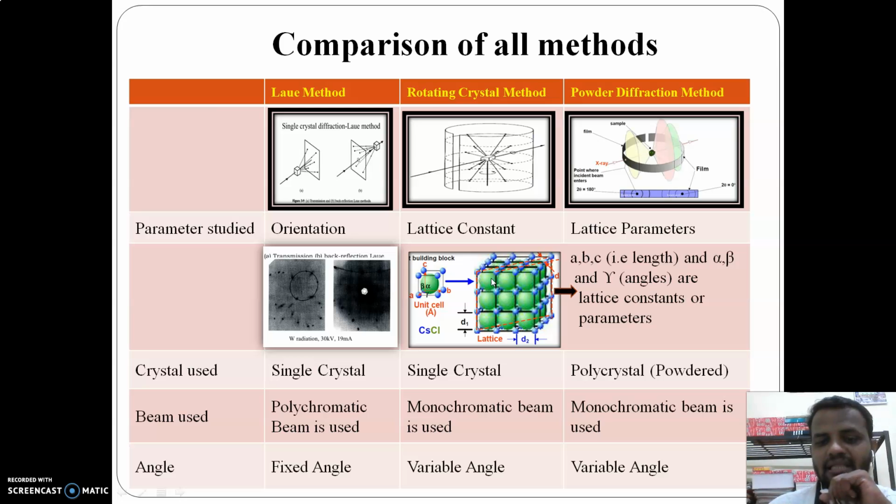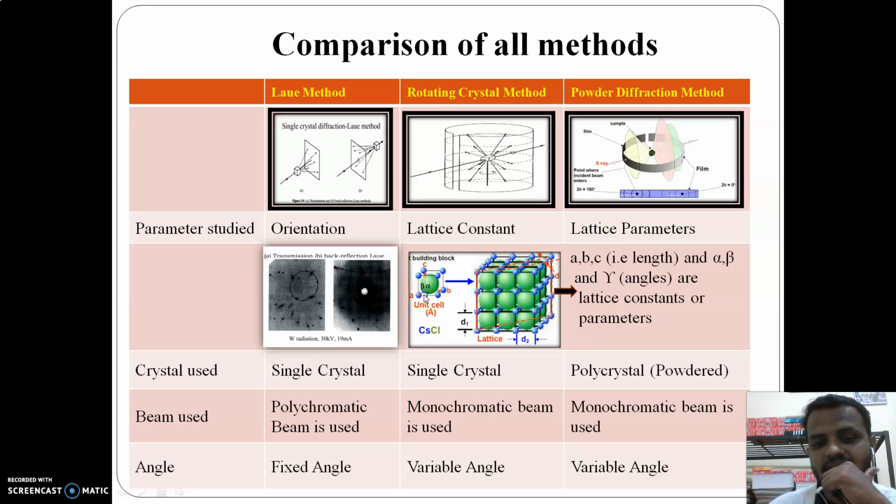If I take this lattice outside and zoom it out, I can observe that the given lattice is in 3D form. If we want to orient it, we have three axes: x axis, y axis, and z axis. Here the three axes have been mentioned in terms of A, B, and C. These A, B, and C refer to the lengths of the three dimensions. We have discussed earlier that we are using a 1 mm sample, 1 into 1 into 1. From that 1 mm sample, we take the basic smallest crystal lattice having dimensions A, B, and C. Those lengths are recorded.